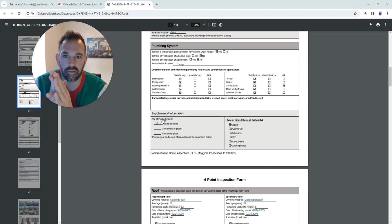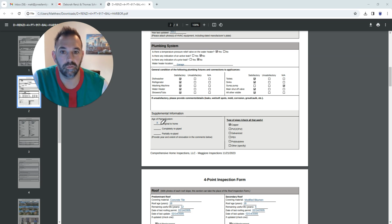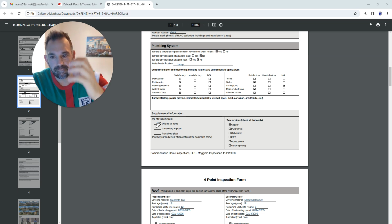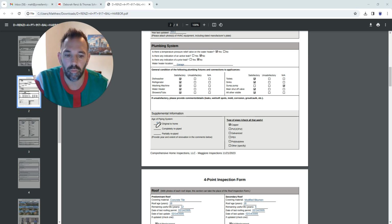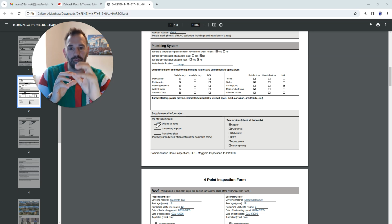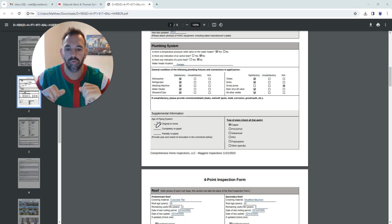This is my biggest pet peeve when I look at the plumbing as an insurance agent, okay? And this actually has to deal with inspectors. My biggest pet peeve is it can say original to home, right? But if they are metal pipes that are inside the wall and in the ground, fine, that's original to home, okay? But as an inspector, if they see from the wall coming to the sink, coming to the toilet, those pipes,